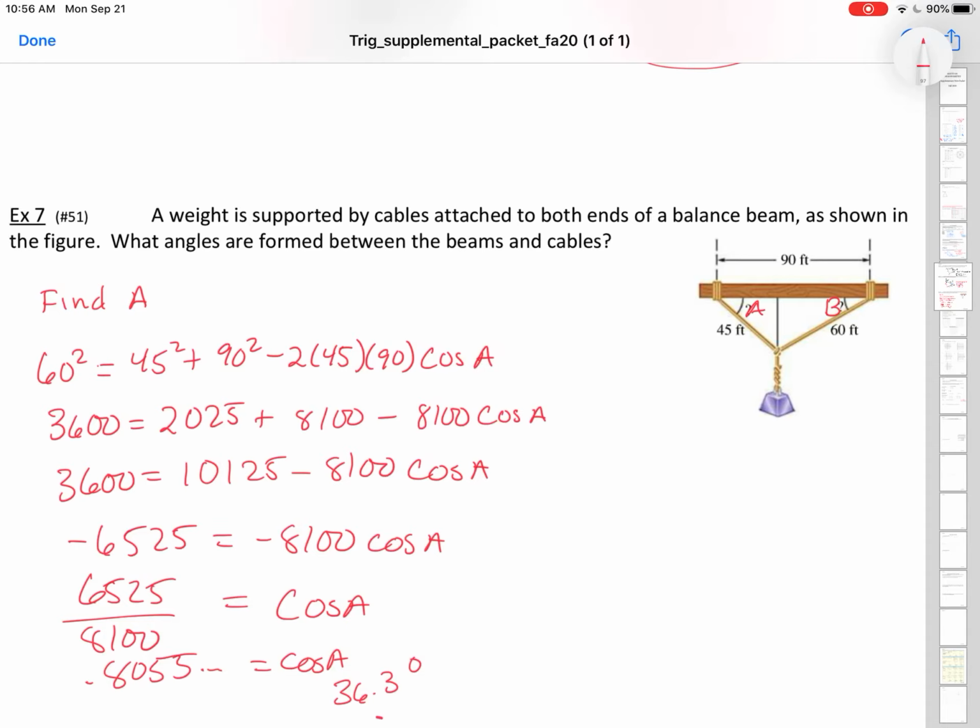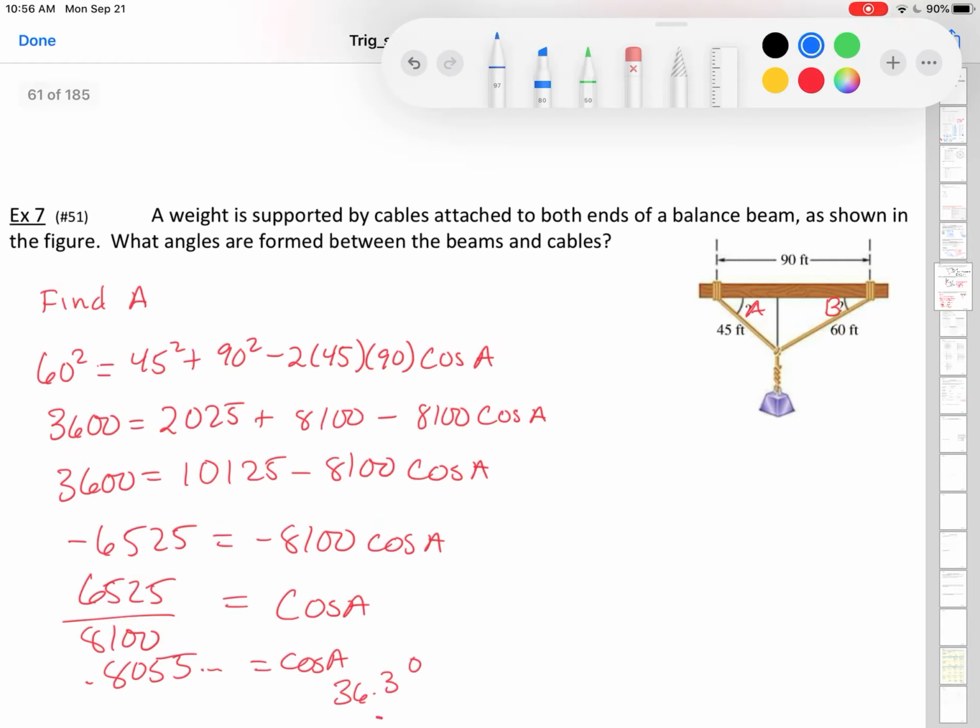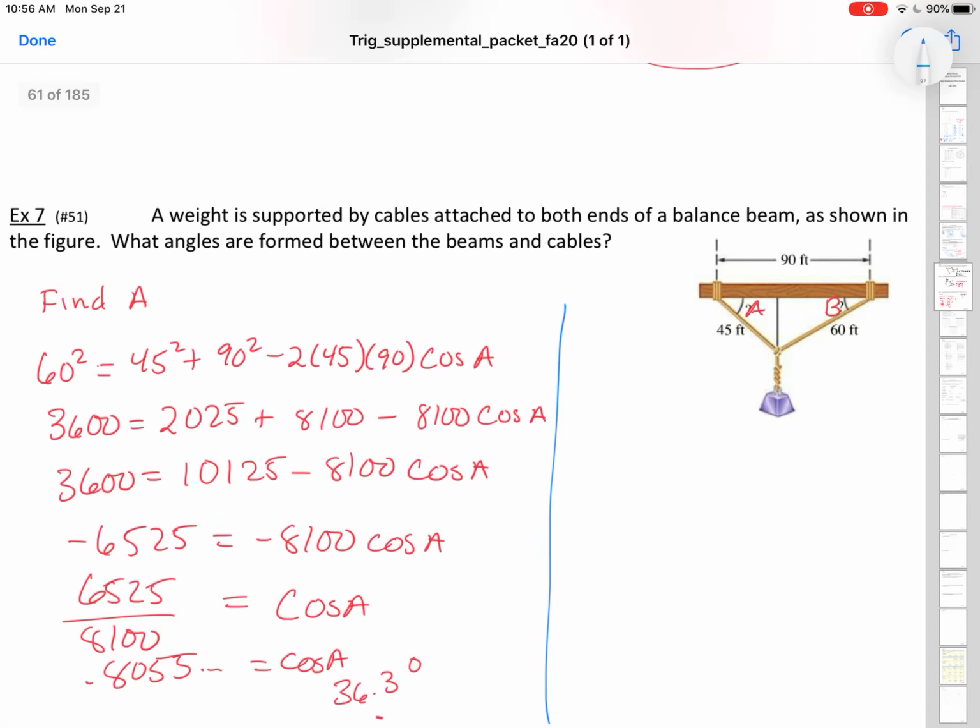Now, what else do they want us to find? They want us to find B. And so they may say 36 degrees in the back, 36.3 is fine. You're going to find B the exact same way. So here, let me just show it to you a little bit differently. As we go to get angle B, we would set it up the same style of way. So side opposite B is 45 is equal to the other two sides squared minus 2 times those other two sides